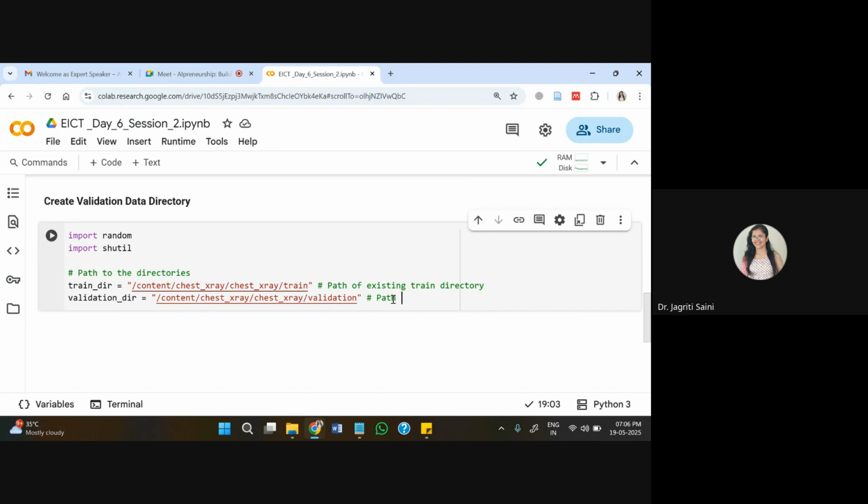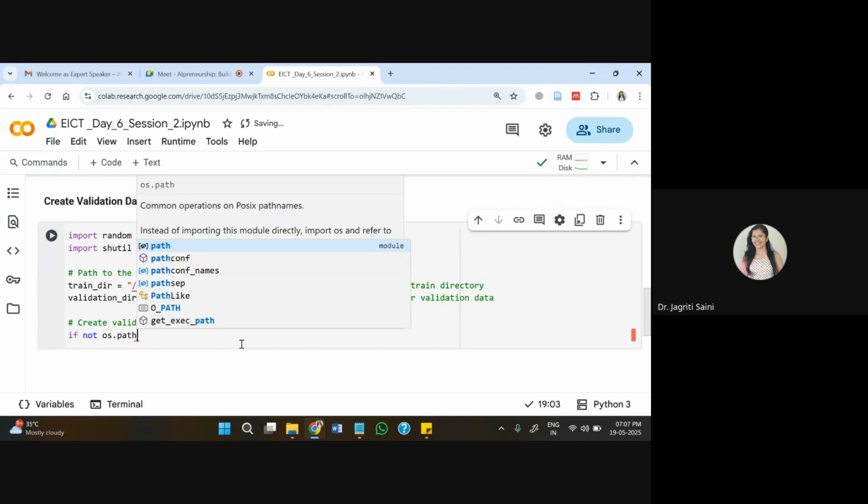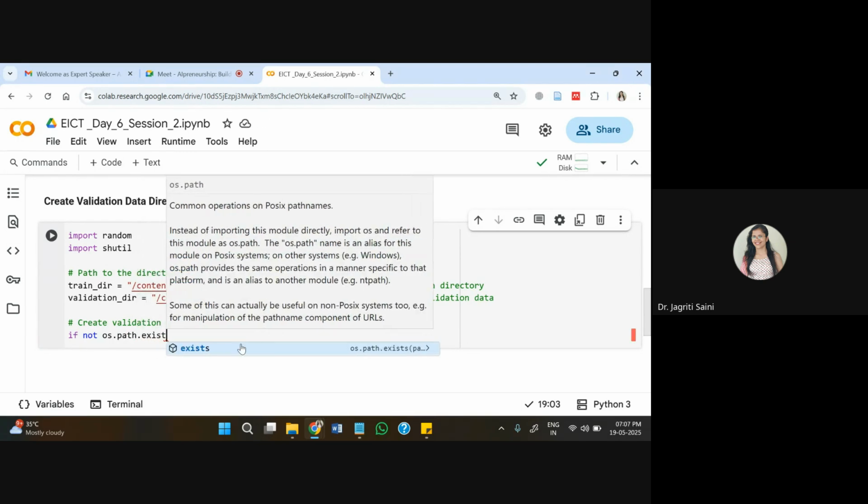So I'll write here path for validation data. Now, if your validation directory is not created manually, then we will create validation directory if it does not exist. So in this case, what we'll do is if not os.path.exists.